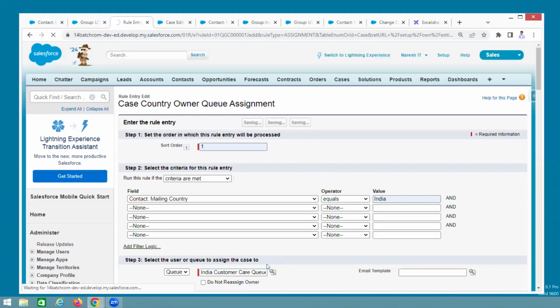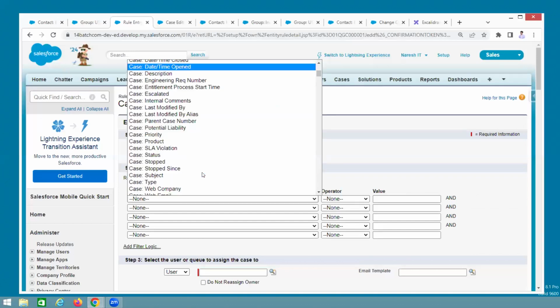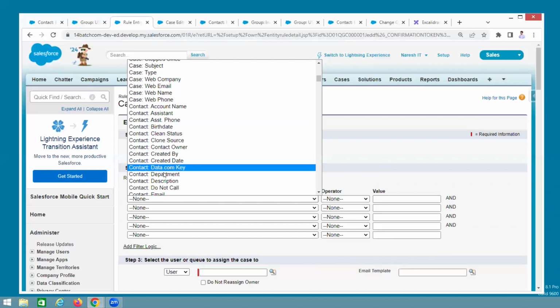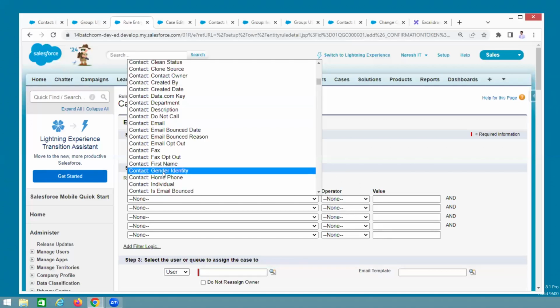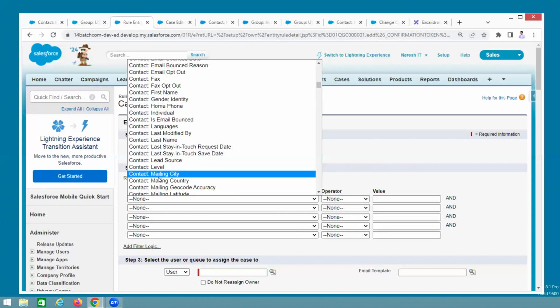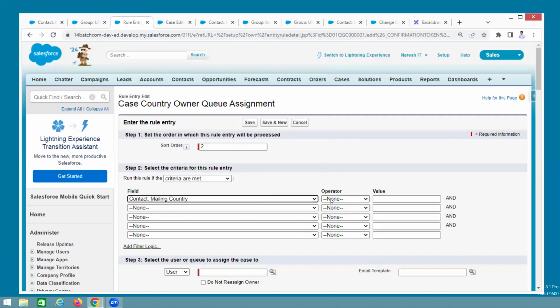What is the second condition? Check the second rule. Second order. What is second? If it is not India, then you need to check what? Contact. There is a contact mailing country. Mailing country. If it is not India, check whether it is US or not. Equal to